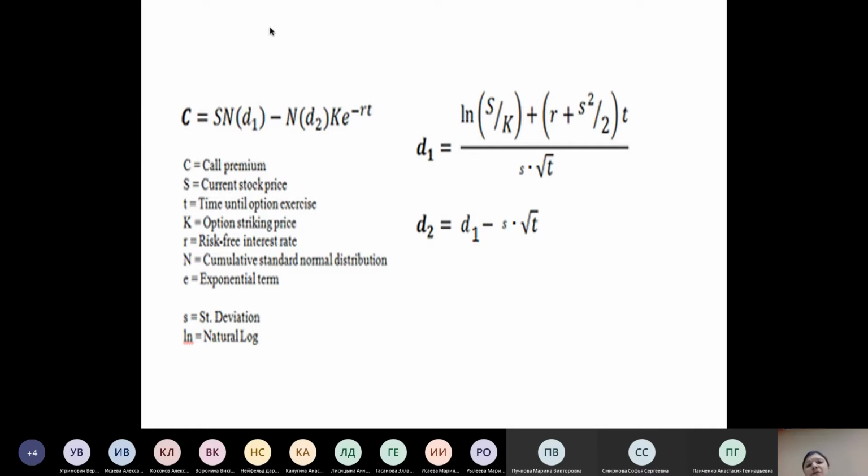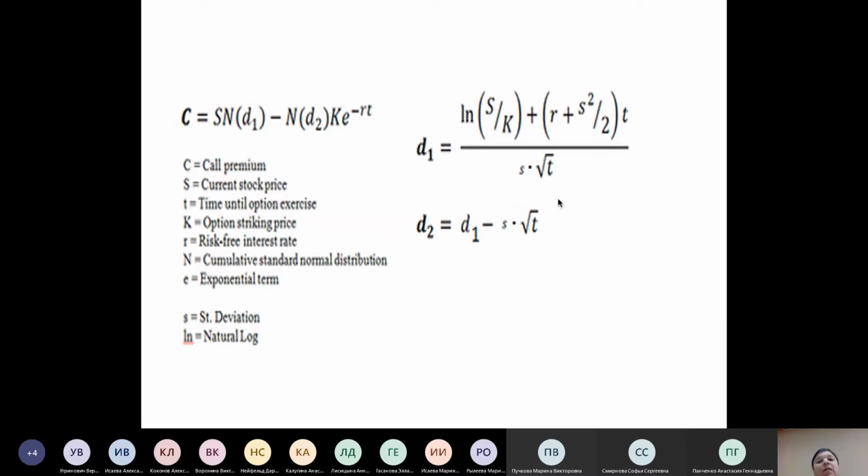Our parameter d1 can be found as the natural logarithm, ln, of our current price divided by our strike price, plus our risk-free rate, R, plus